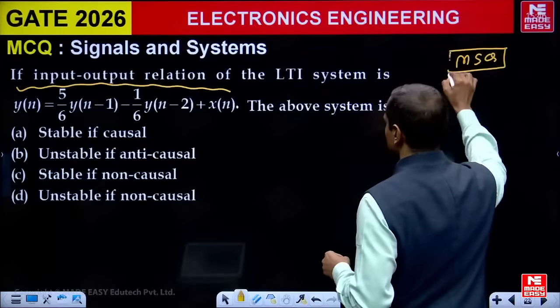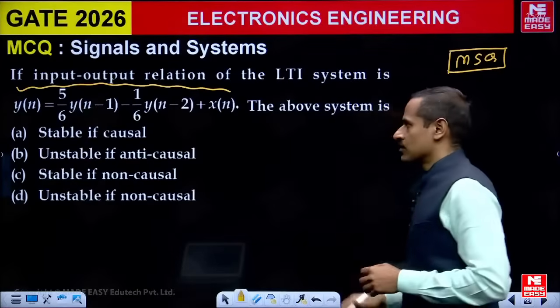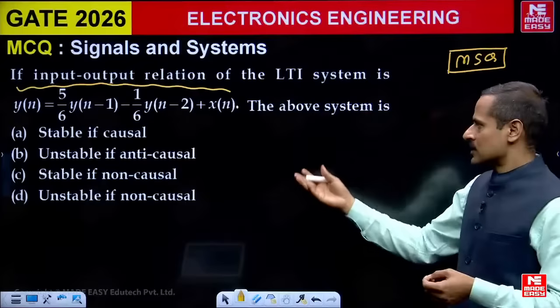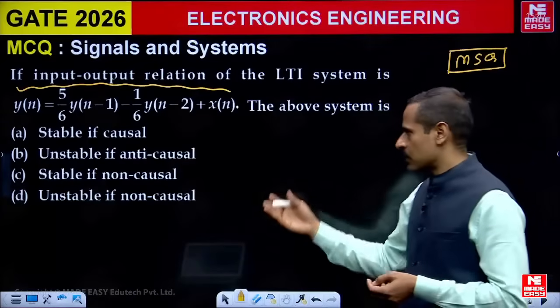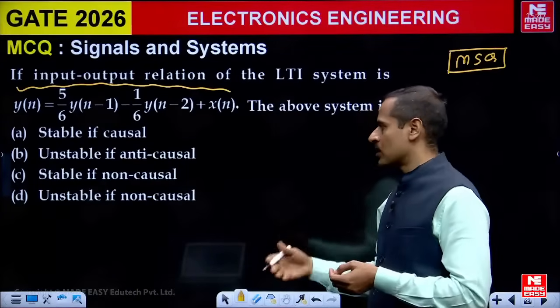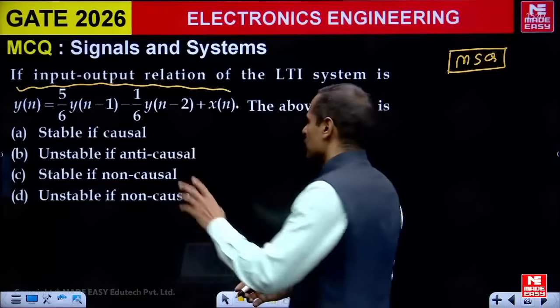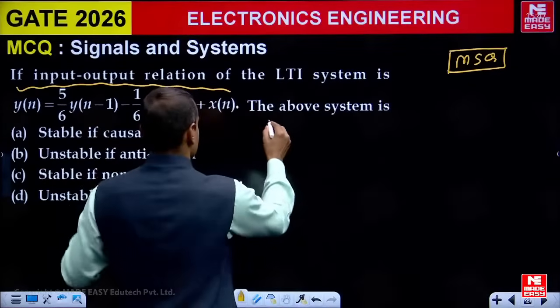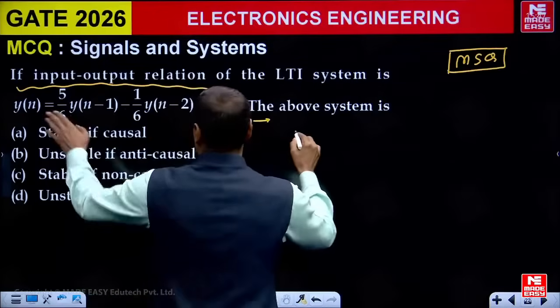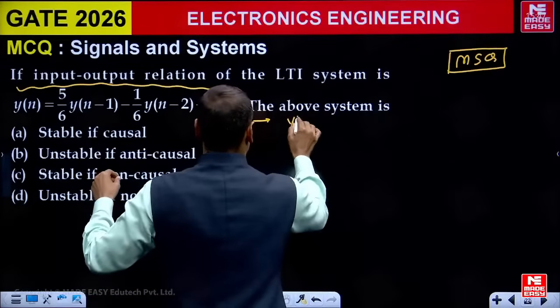एक चीज ध्यान रखिएगा, ये जो क्वेश्चन है MSQ है। तो सिस्टम स्टेबल होगा इफ कॉजल, अनस्टेबल होगा इफ एंटी कॉजल, स्टेबल होगा इफ नॉन कॉजल, अनस्टेबल होगा इफ नॉन कॉजल। तो इसमें हम लोग क्या करेंगे बेटा? ट्रांसफर फंक्शन कैलकुलेट करेंगे। तो इस पर z ट्रांसफॉर्म अप्लाई करो।